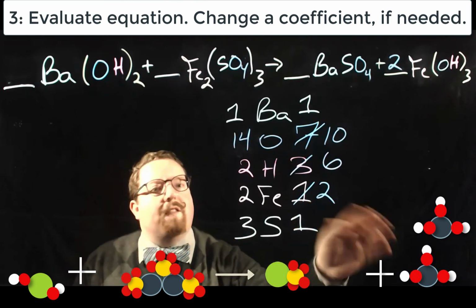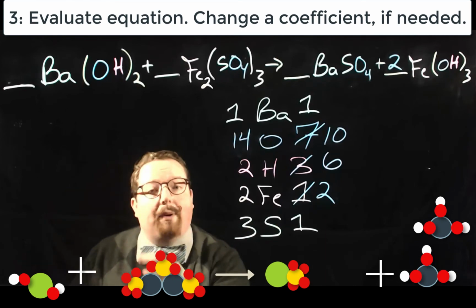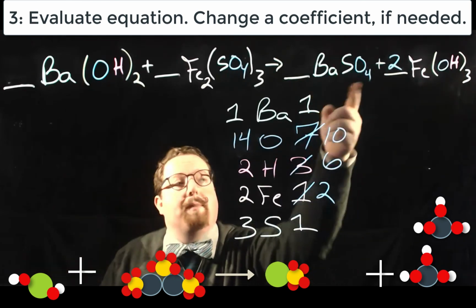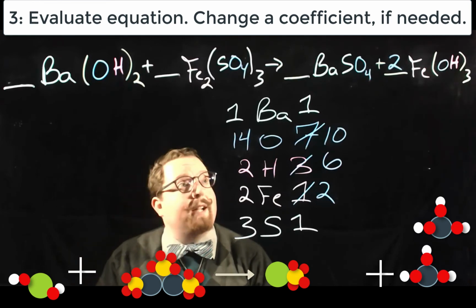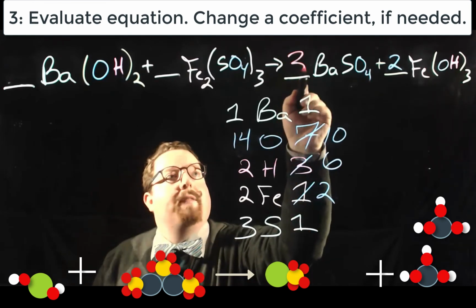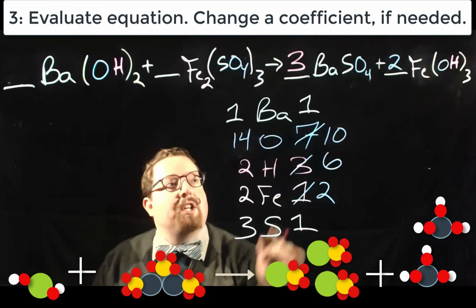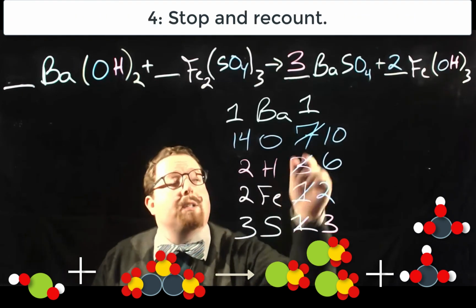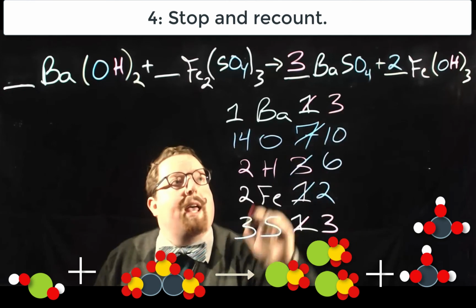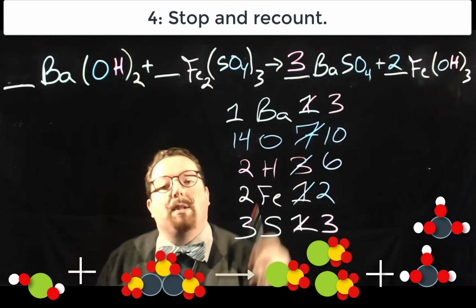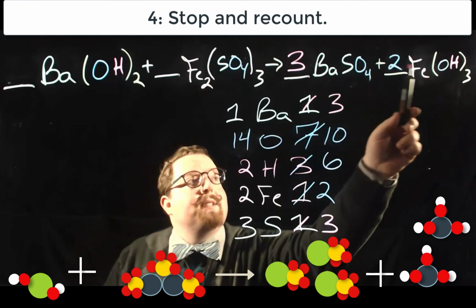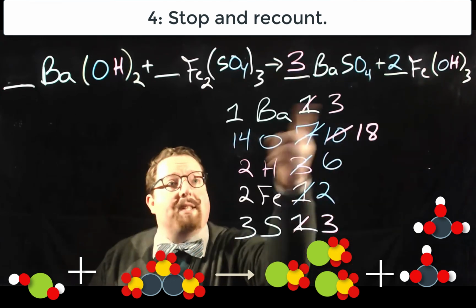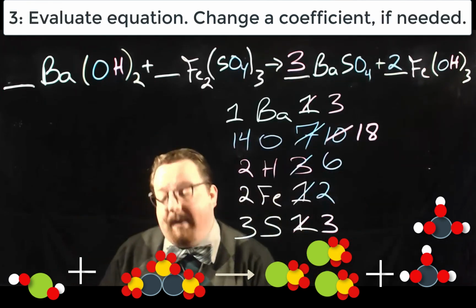So I need to get 3 sulfurs on the right side because I have 3 on the left side. The only molecule up here that has sulfur is barium sulfate. So if I choose to put a 3 in front of that, I know that's going to change my sulfur to 3 and get that balanced. It also changes my barium to 3 and my oxygen to 3 times 4 is 12, plus this 6 from over here is 18. So in doing that, we messed up our barium,